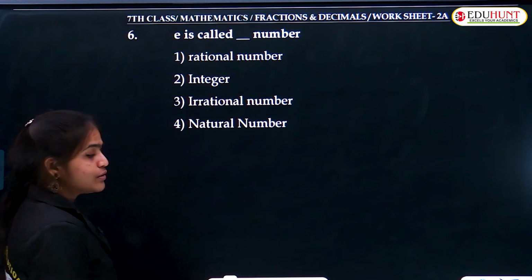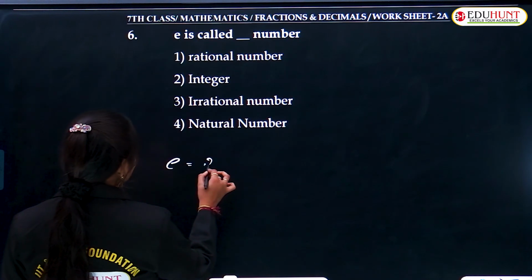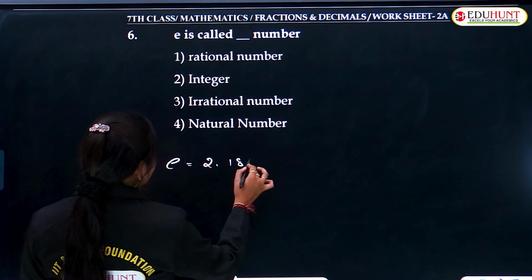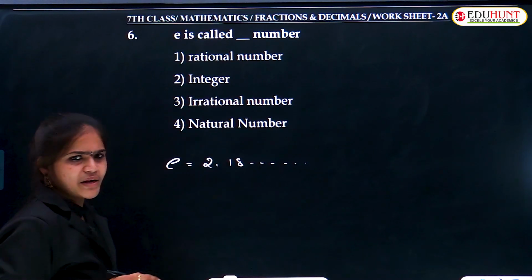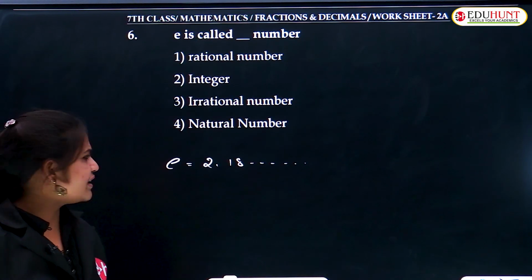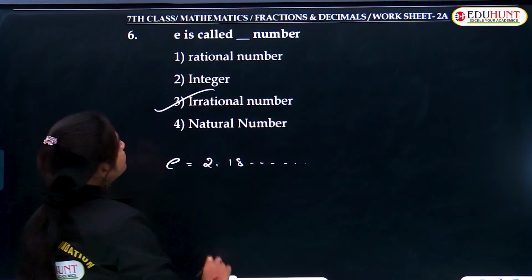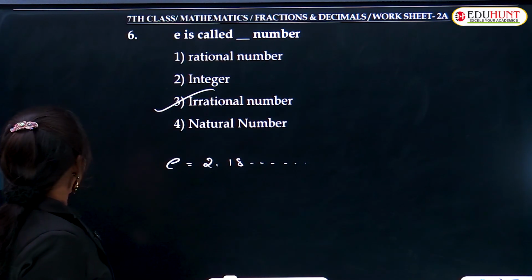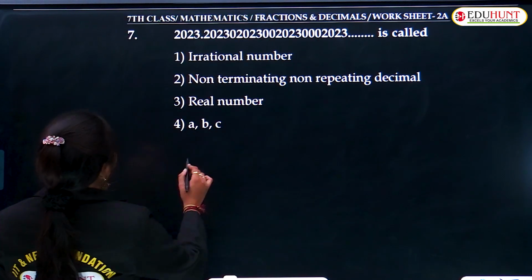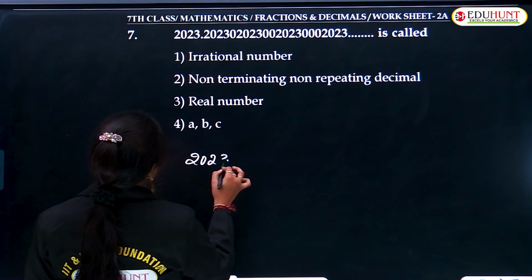Sixth one, e also. e is equal to 2.718, something like that we will get here. It is an approximate value, 2.718 or something. This is also an irrational number. And finally the last question, 2023.2023